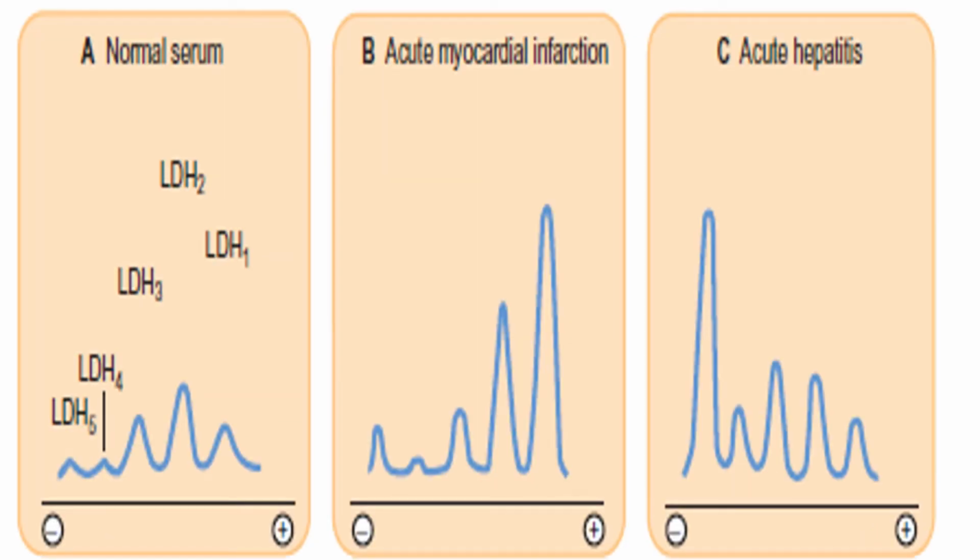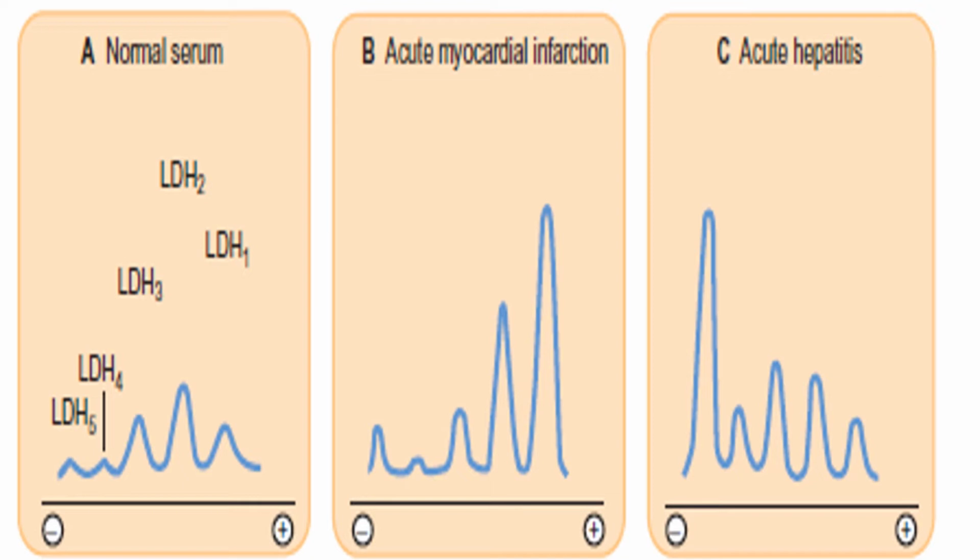This is the graphic presentation of the previous slide. In the previous slide, we saw the broadening of the bands. Here we can see the graphic presentation of various isoenzyme forms of lactate dehydrogenase. A shows the normal individual, and we can see that there is only a spike of LDH2 in a normal individual. But when we go to patients suffering from acute myocardial infarction, we can see spikes in lactate dehydrogenase 1 and lactate dehydrogenase 2.